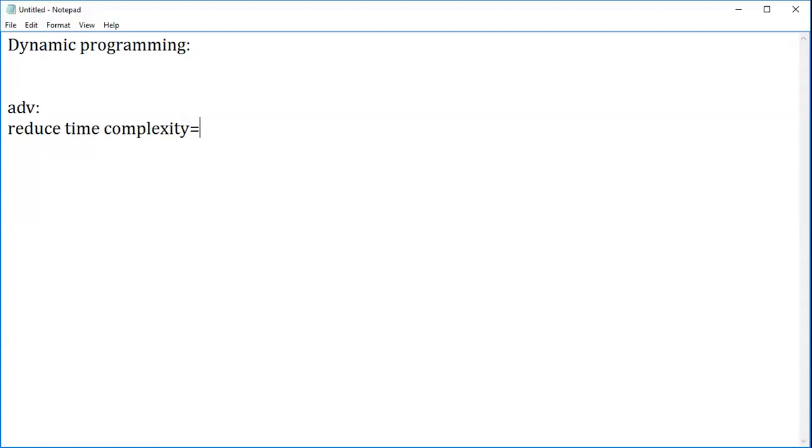Okay, guys, time complexity is going to be optimized. That I do agree. But Shravanti, space complexity is not optimized here. I'll let you know why.